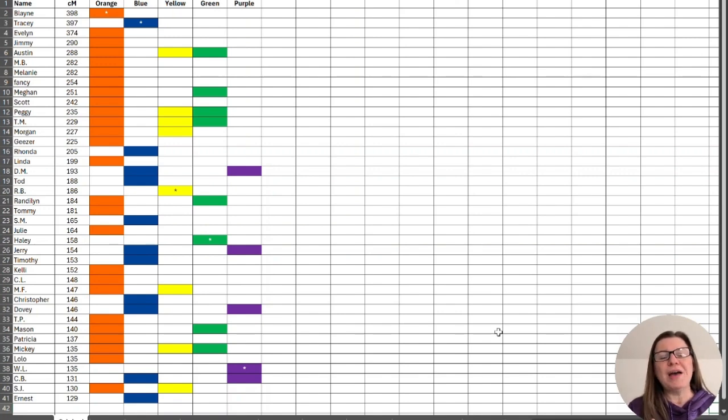People who have more than one color, specifically, I want to look for heavy overlap, when most of the people in one color are also in another. And so I'm actually going to move those that have overlap together. You can see here's orange with a lot of yellow and greens also being orange. And we've got blues and purples the same. And so I've got a bunch of tabs